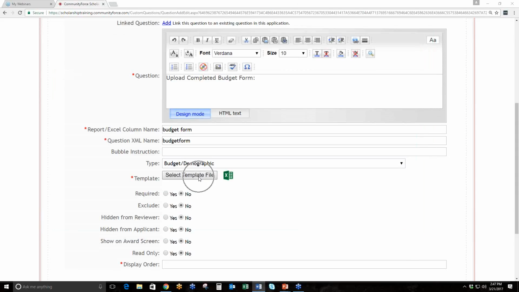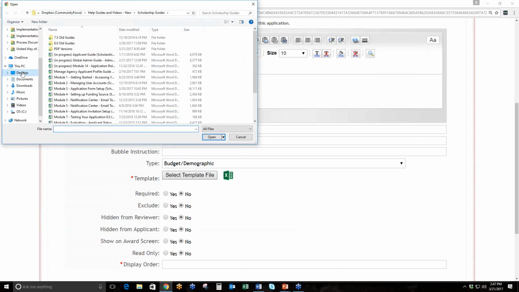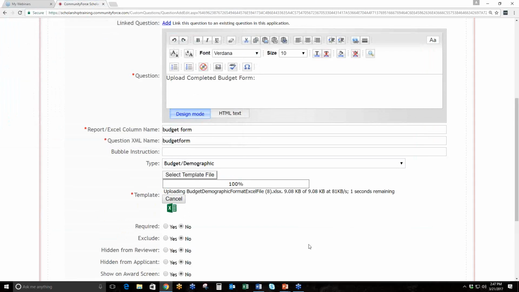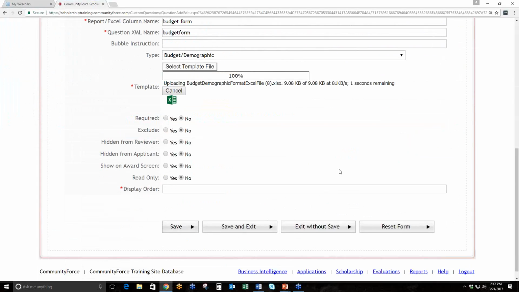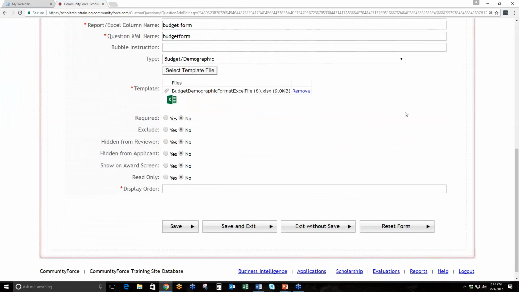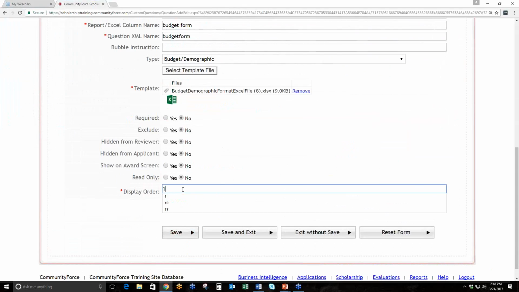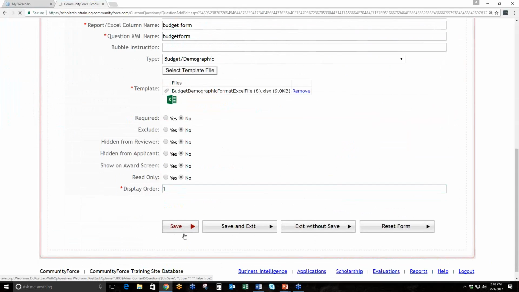And now all I need to do is upload the document I just created, select Template File, see if I can find it here. It's going to download it to this question, and this is the same question that the applicant would download it to. And notice once it's downloaded, it says 100% complete. Then I can either save and exit and go to the section that it built. There, it loaded it. Or if I click Save Now, oh, I have to put a display order. Let's just make this number 1. If I click Save Now,